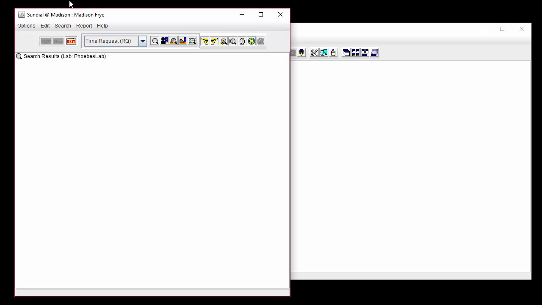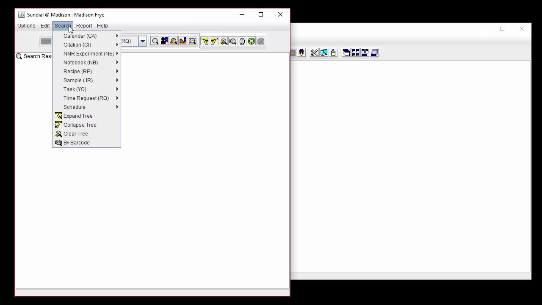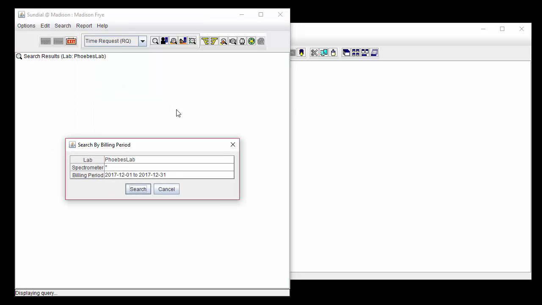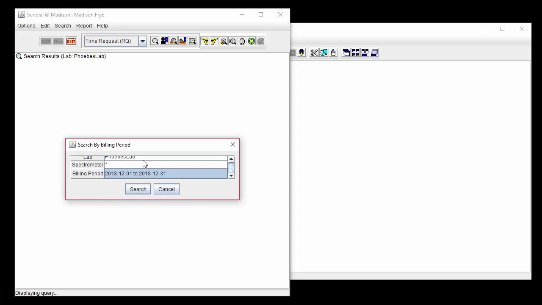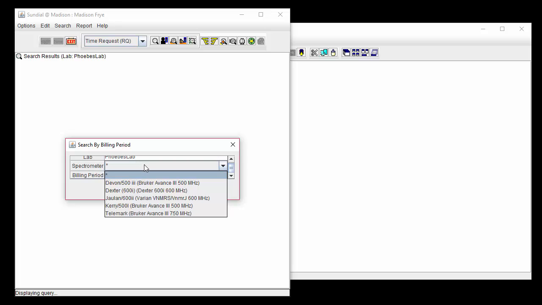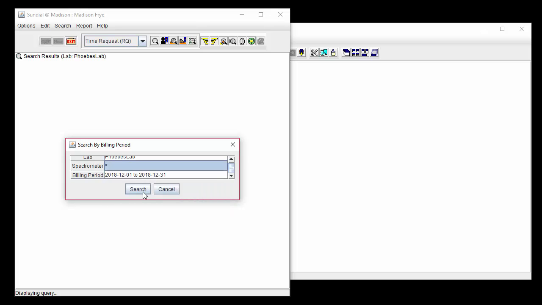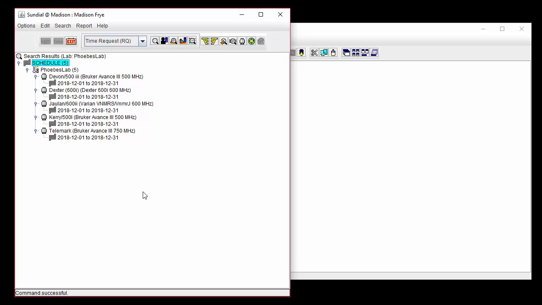To begin, let's open a spectrometer schedule. Go to the main window in Sundial and in the menu bar select Search. Go to Schedule. In the side menu, let's search by billing period. Select the lab from the drop-down menu if it is not already selected. Now, select the billing period. We could specify a spectrometer here, but we'll leave this with the asterisks. Click Search, and the schedules now show for all the lab spectrometers for this billing period in the search results